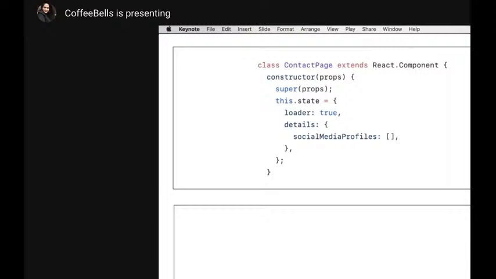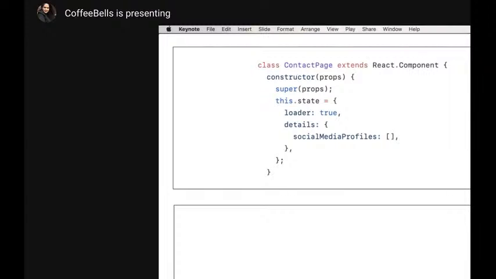What we get out of it is the current state value. This is what is returned from the hook. We are doing an array destructuring here, and that is why we see a current state value and a function to set the new value. The current state value is the state that we got, such as loader, and the function to set the new value is called setLoader. Wherever you want to set that value, you simply use setLoader and put the new value there. So instead of using the entire syntax on top, we are replacing it with a single line, and wherever we need to set it, we use the function to set the new state value.